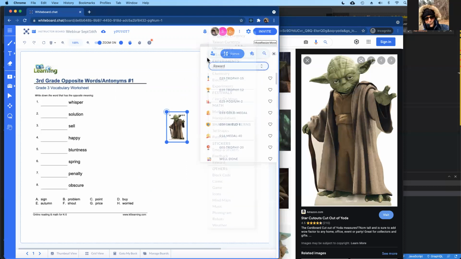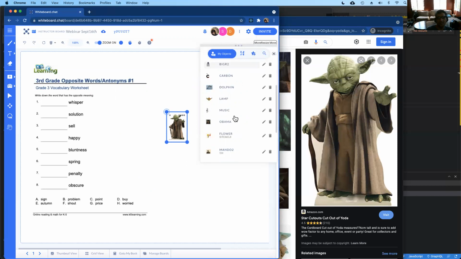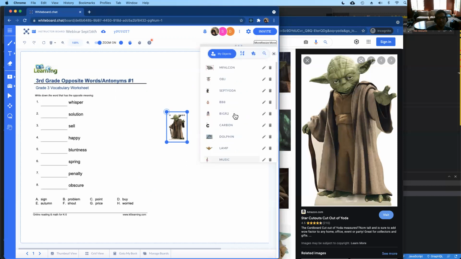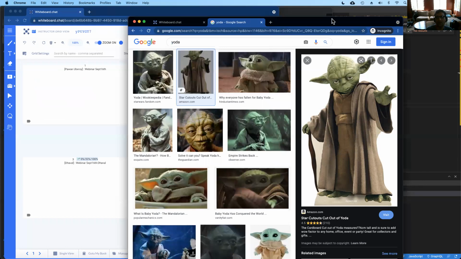It will be under my objects on the top. So here there is an icon that says My Objects, right? So you can see that there's my September Yoda here, right? Now if I go to the grid view, for example, and go back here to the student,